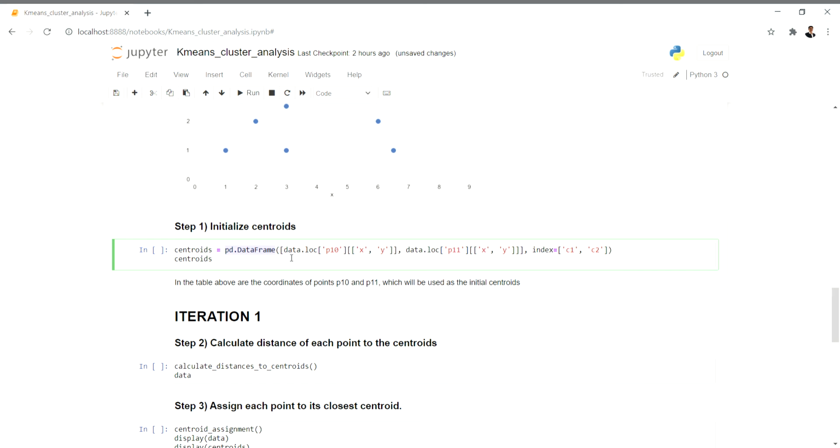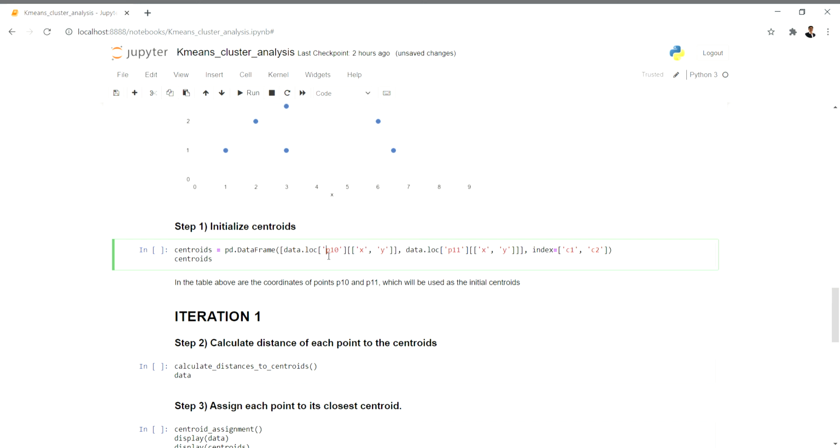This is a method, pd.DataFrame. So far we have not come across pd.DataFrame. I have not shown how you manually create a data frame. This is how you manually create one, by using pd.DataFrame, and inside that data.loc p10 xy.